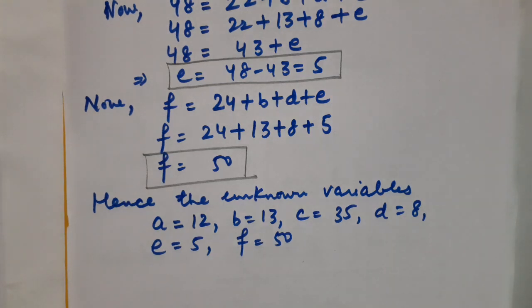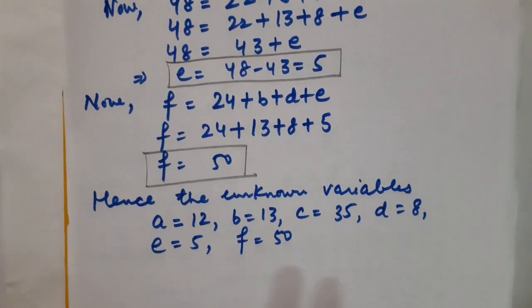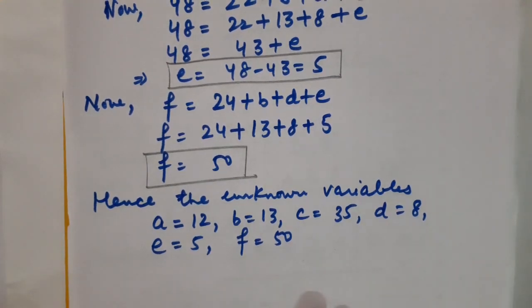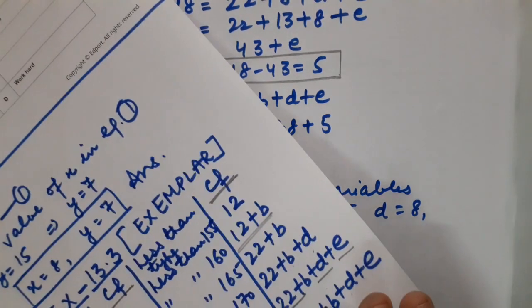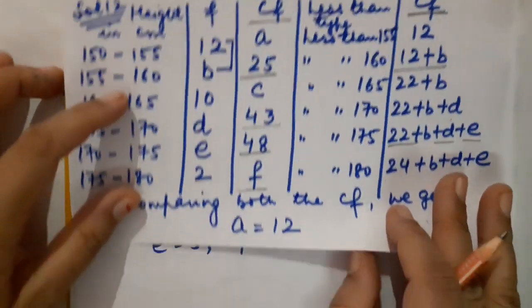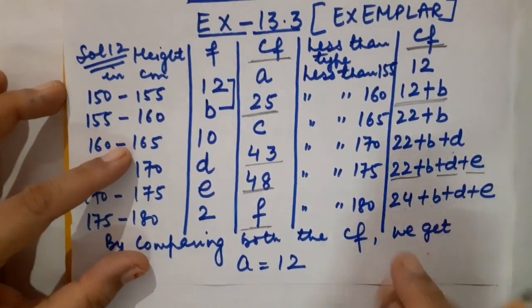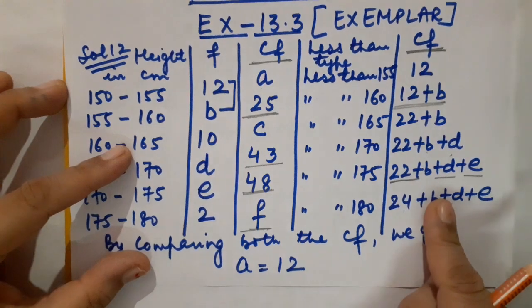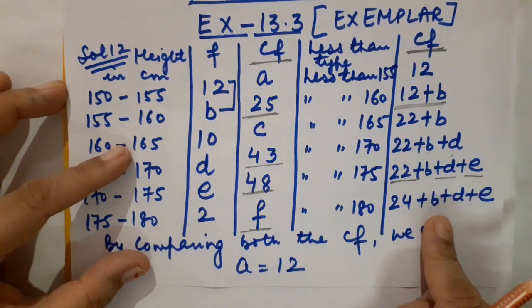I hope you may have understood this lecture. In this lecture, my main focus was that whenever you have the median given and it is asked in the question to calculate the missing frequencies, how are you going to manage? So the less than frequency distribution table is mandatory to form. If you do not form this less than frequency distribution table, you won't be able to do it.